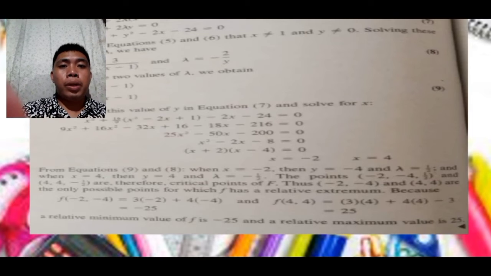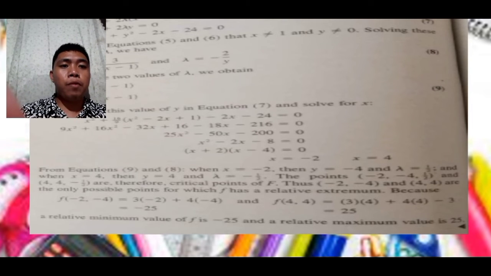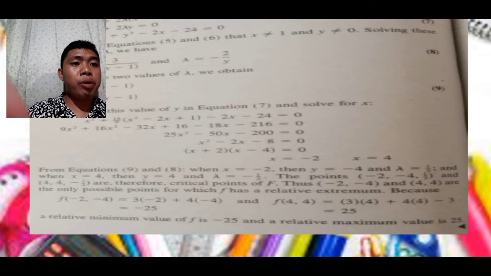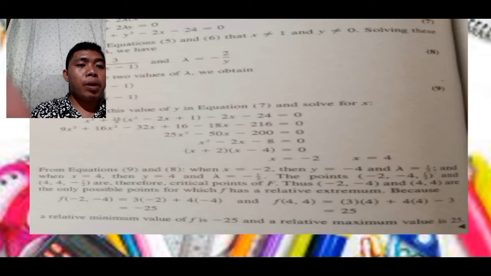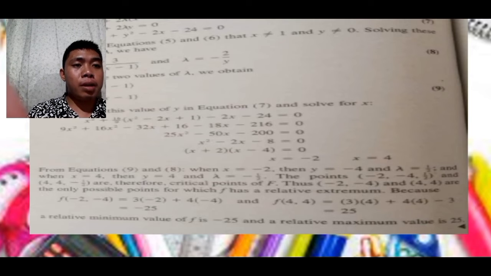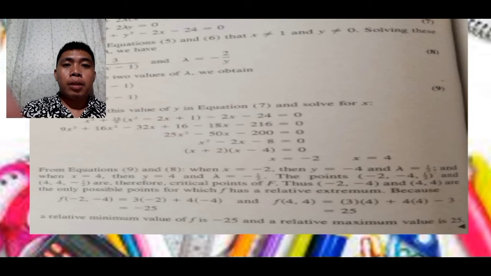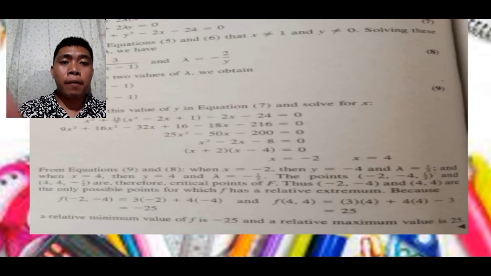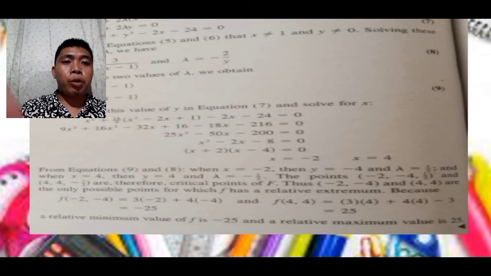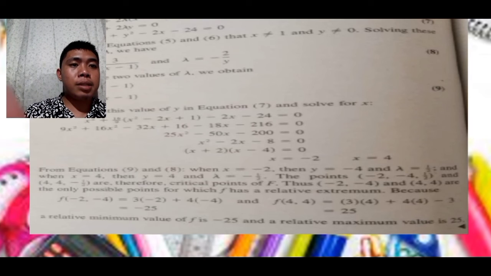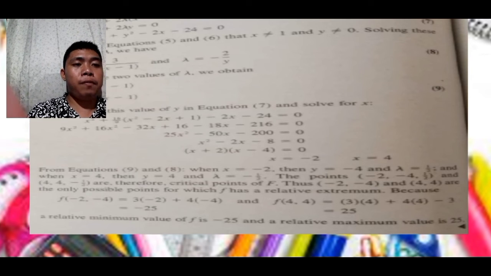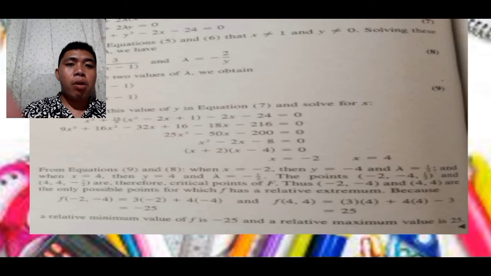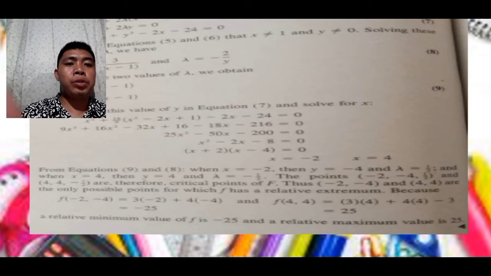And when x is equal to 4, y is equal to 4 and lambda is equal to negative 1/2. The points (negative 2, negative 4, 1/2) and (4, 4, negative 1/2) are therefore critical points of F. Thus, (negative 2, negative 4) and (4, 4) are the only possible points for which f